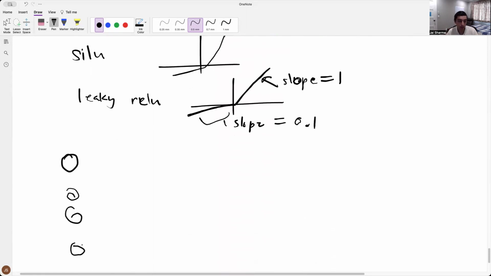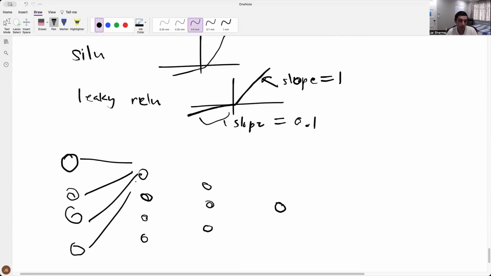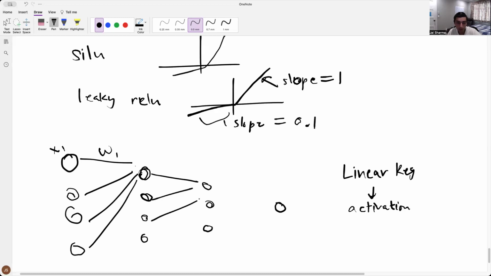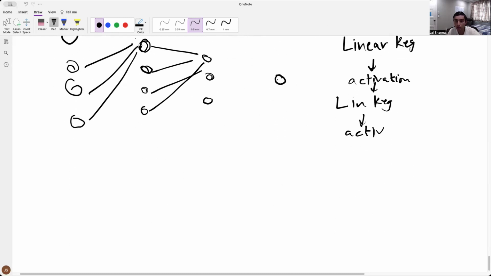what you would do is you would have the inputs, and each of these intermediate nodes, the way to compute them would be to use a linear regression model to combine them all, the W1, X1 thing. So if this is X1, there's W1 X1, W2 X2, W3 X3, and so on. You add them all together, plus the B at the end. And then on that result, you perform an activation function. So it's basically linear regression, and then pass that through an activation function. And then whatever these outputs are, you again feed them in as a linear regression, and then activation, and then again and again until you reach your final